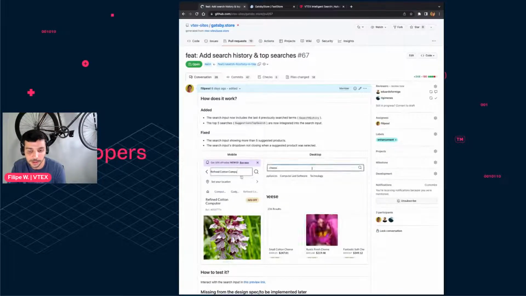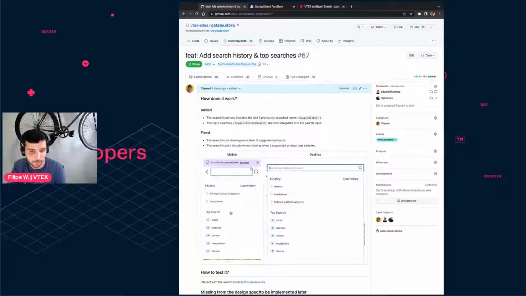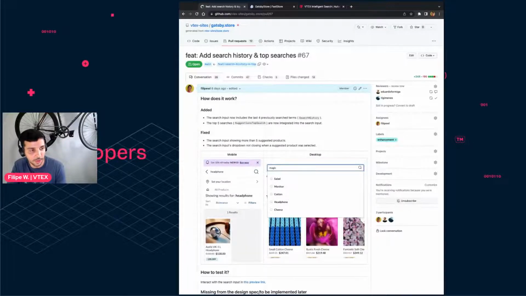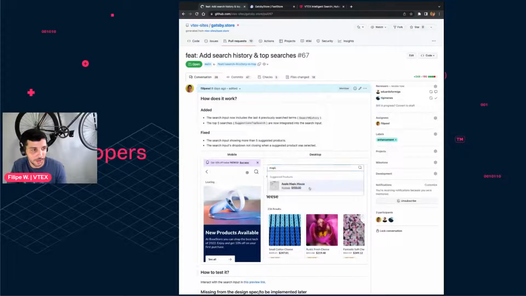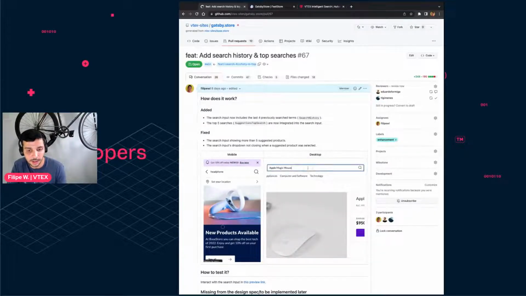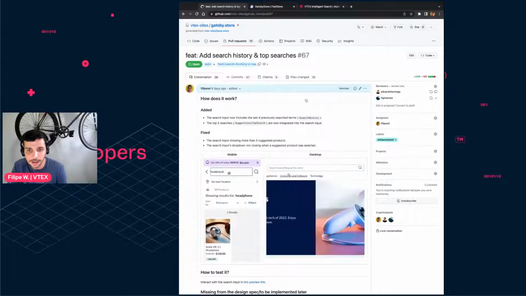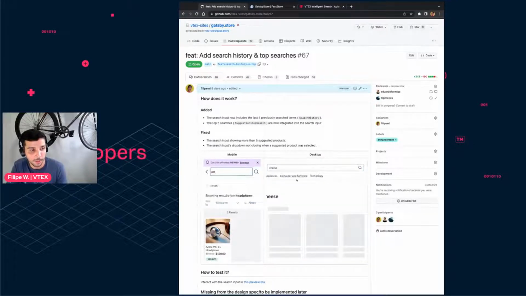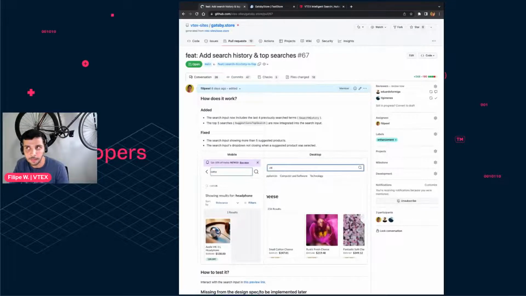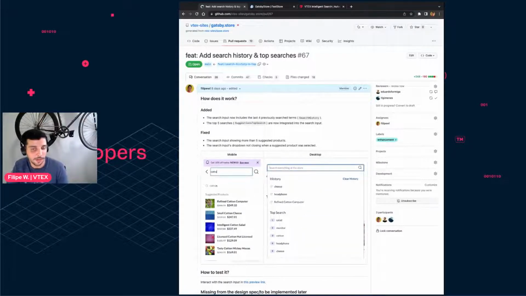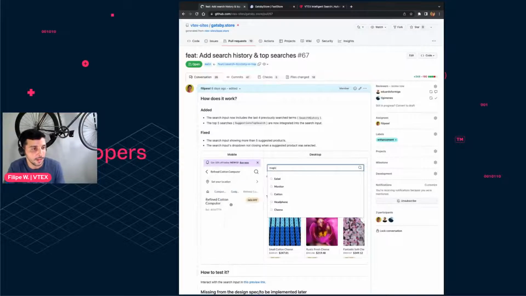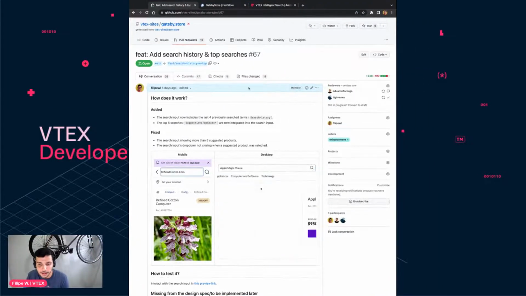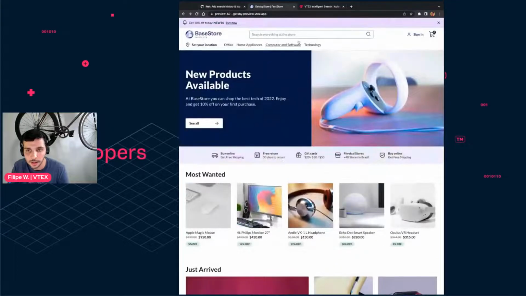When you click on the search input, it will give you this. If you have some history, we will show it there, and we also show the top 5 most searched terms. We are still in the process of reviewing this pull request. It should be, I think, by the end of next week, definitely, that we will have this merged to both our Next and Gatsby starters. And just to give you a quick glimpse of how this feature works, if you go here in the search input,